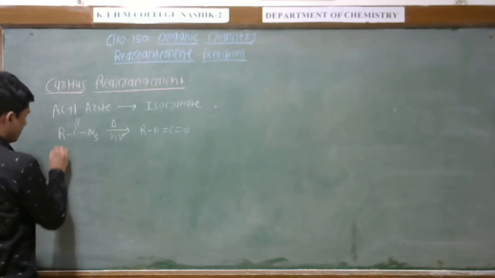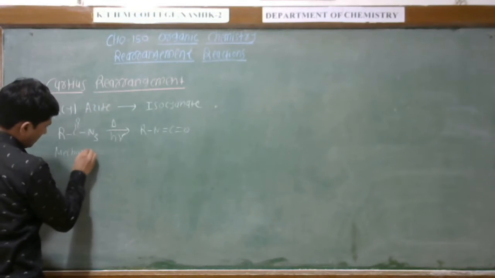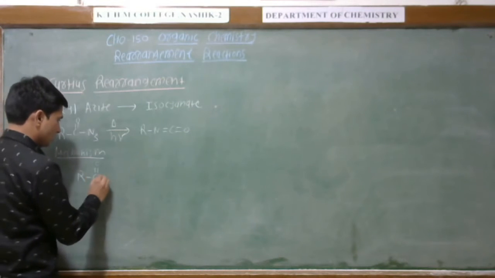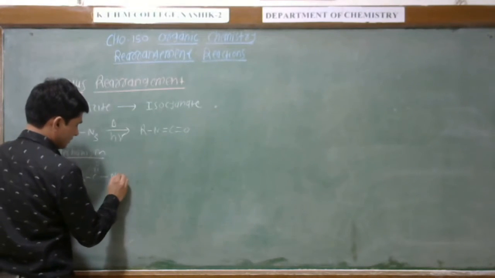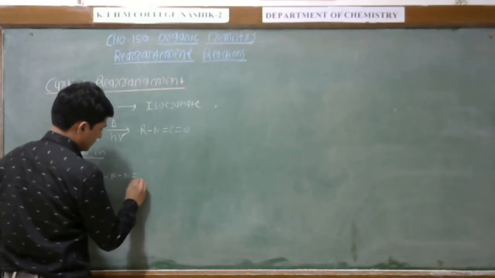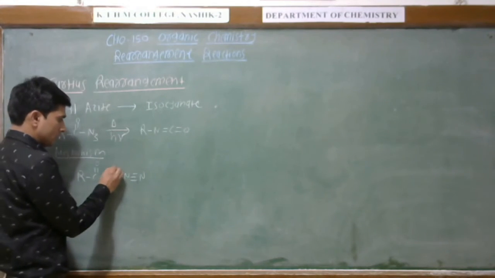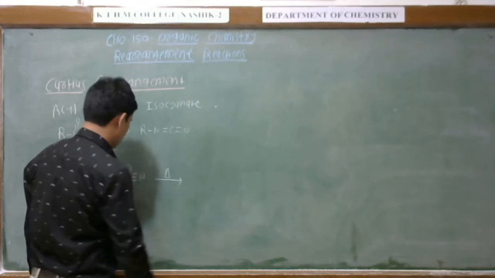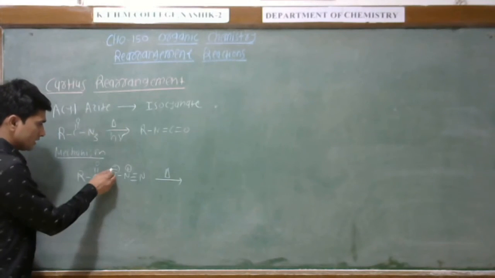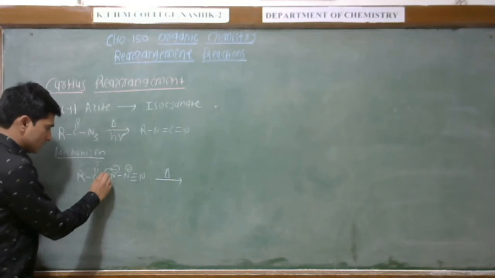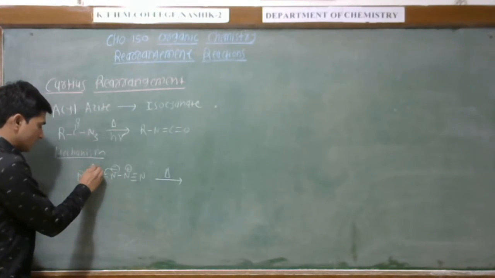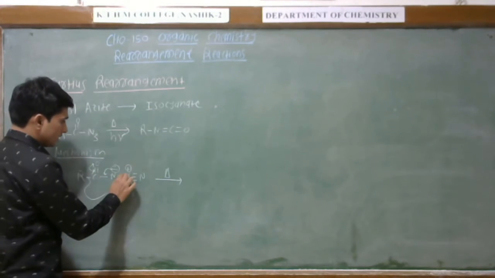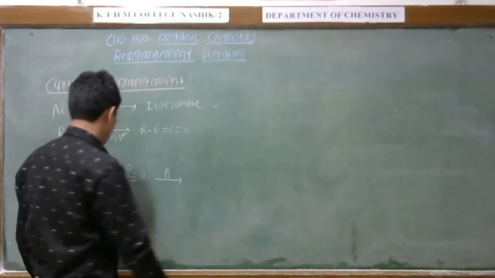What is the mechanism of this reaction? This is RC double bond O and this is nitrogen. This is another nitrogen, double bonded nitrogen. One nitrogen has a negative charge and one nitrogen has a positive charge. When this acyl azide is heated, this negative charge forms a double bond. This bond will open and again this bond will reform, and this R group will shift to this nitrogen, and this bond will break and the positive charge will be neutralized.